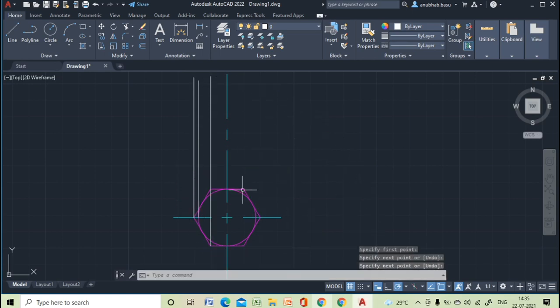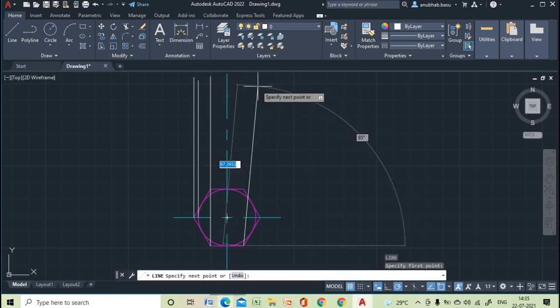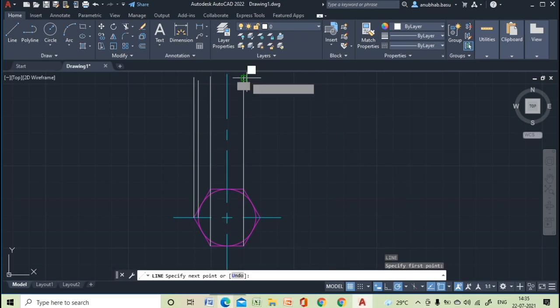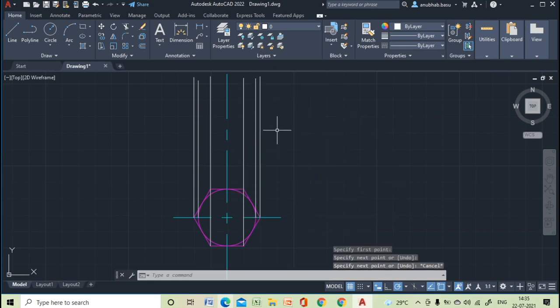In this way we will project all these points in the vertical plane. Okay, so now we will draw the front view.